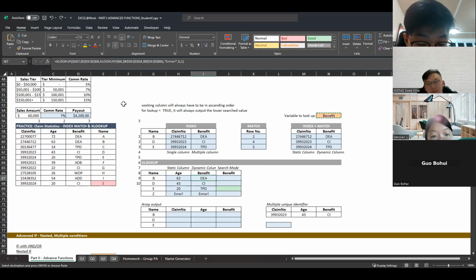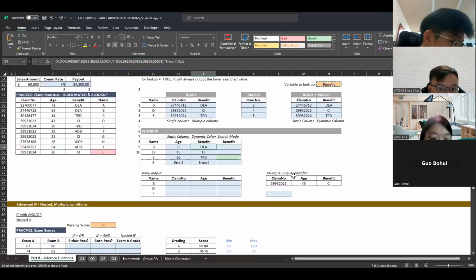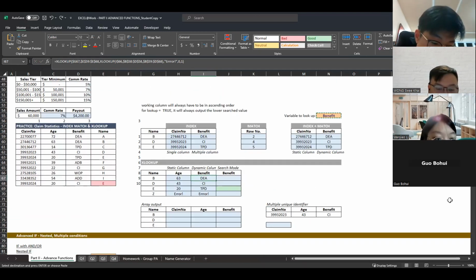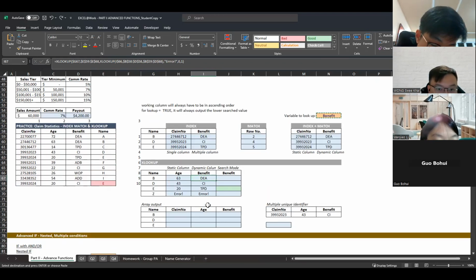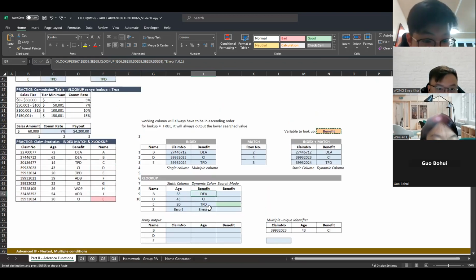But if you don't understand this, completely fine. You just learn XLOOKUP, so don't worry about this. We will move on first, right? Later, if you have any questions, you can stop me, right? You can ask me during the break. Okay, we should be coming up real soon. Okay, so let's finish this component first, then we take a break. Okay, I hope you all are still alive by then.